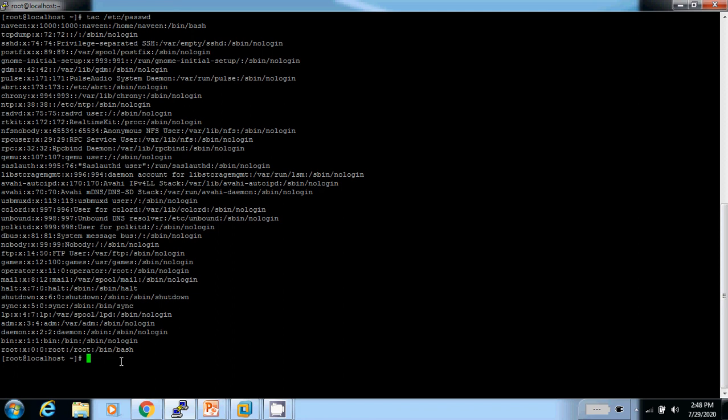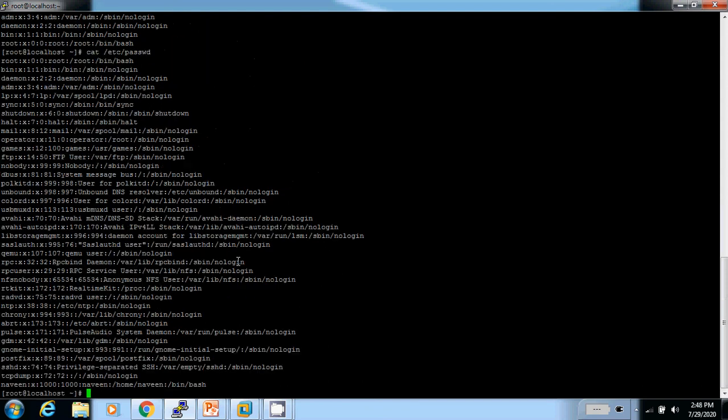In cat, the line starting with Naveen is at the top, but when we see the output of tac /etc/passwd, the line starting with Naveen is last.